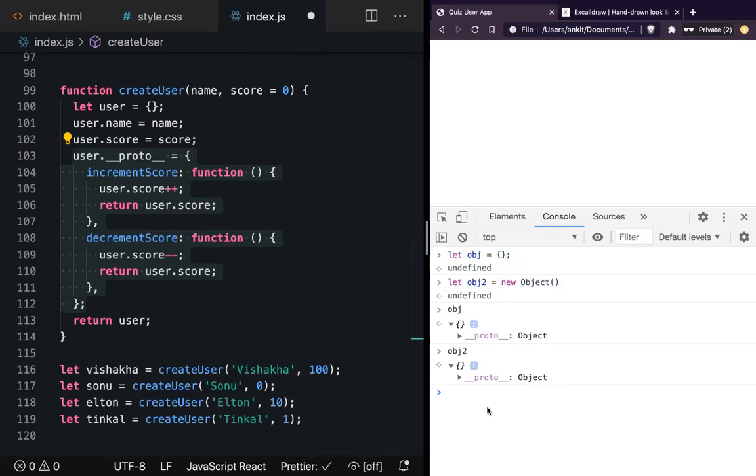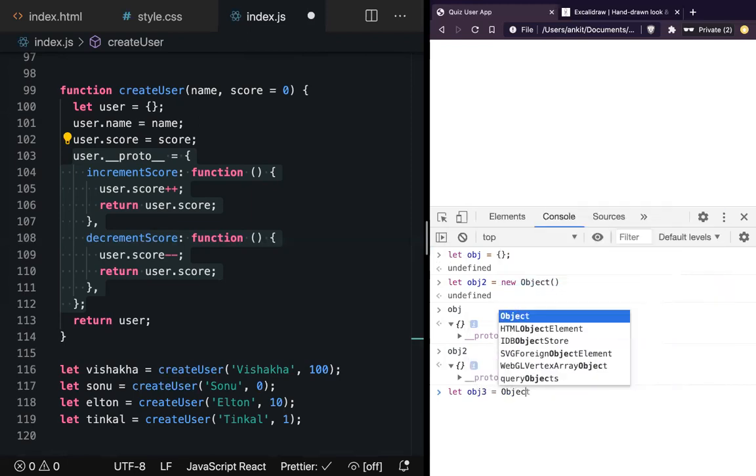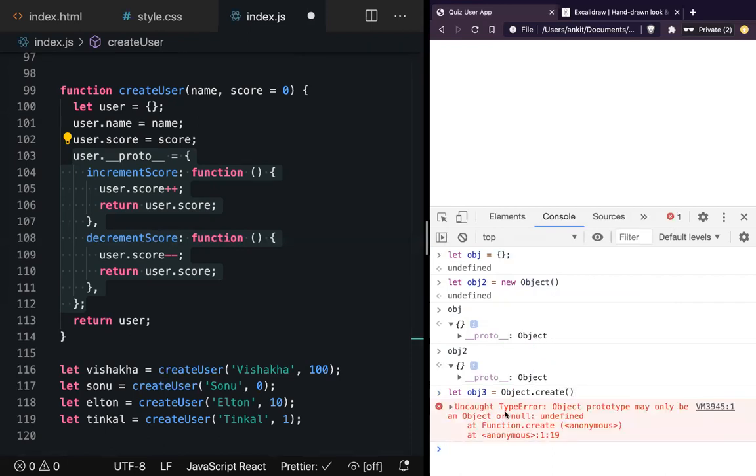Now let's try to understand the third way of creating an object. Here I'll say obj3, and that is another way to create an object, that is Object.create. I press enter and here it throws an error.